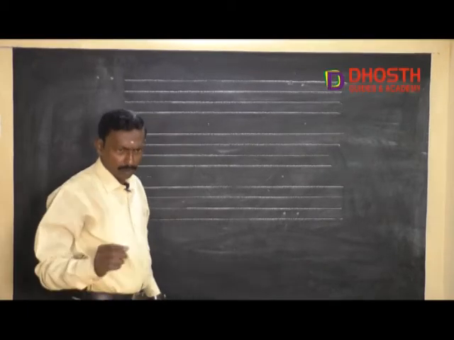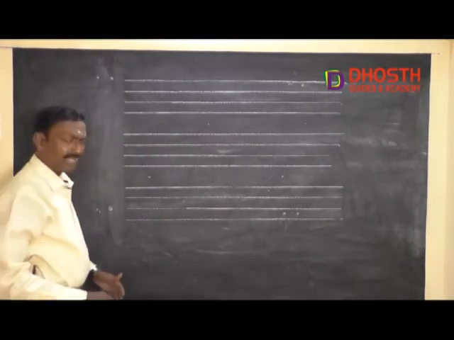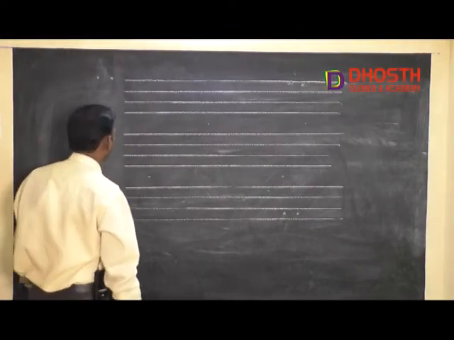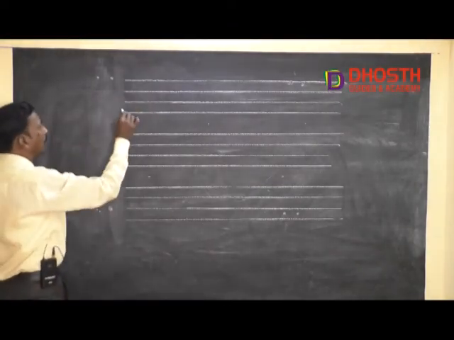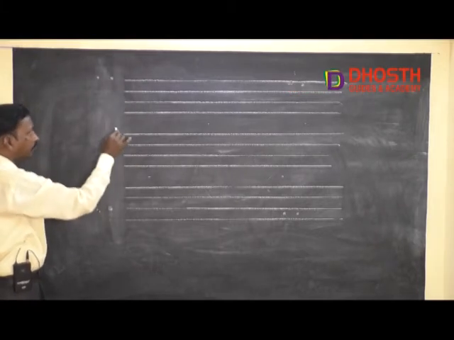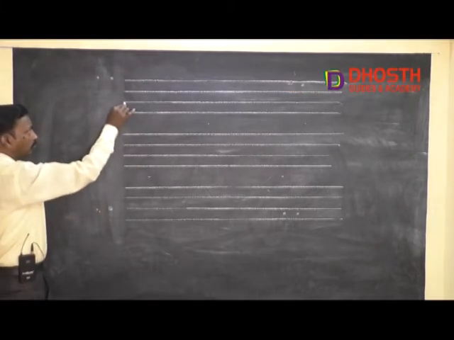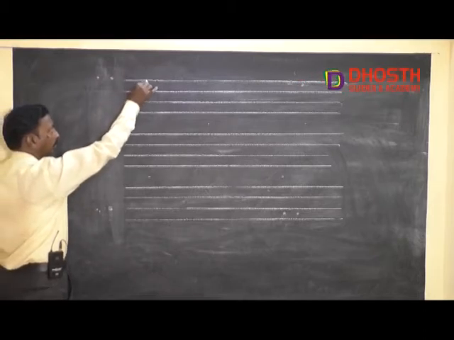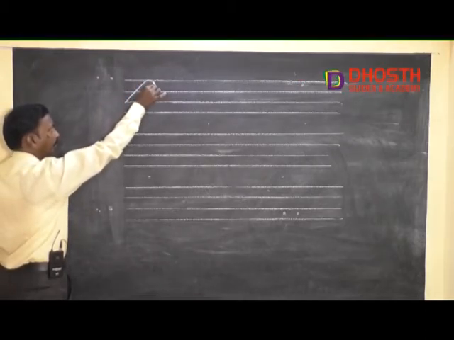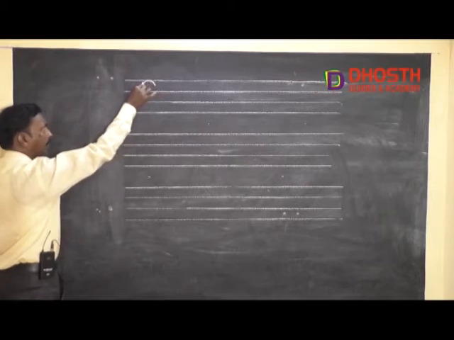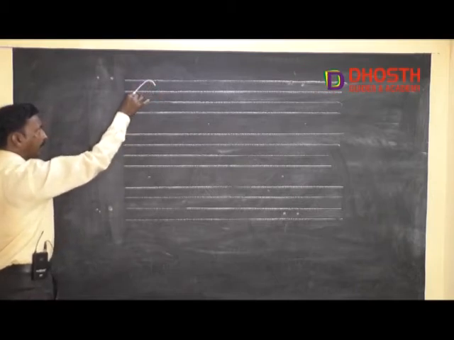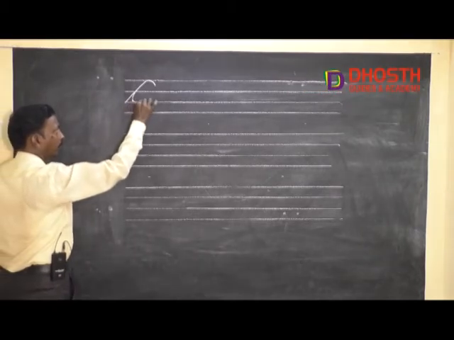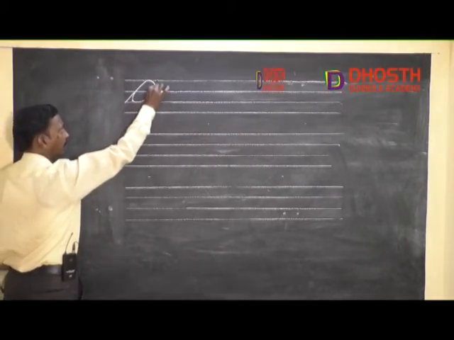Children, now let's go to the next object, exactly the 14th object. Just imagine a balloon. Go straight, touch the top line, take a turn, come, take a turn at the middle line, touch the base line, go and complete. Now we will get the oval in a 45 degree angle.